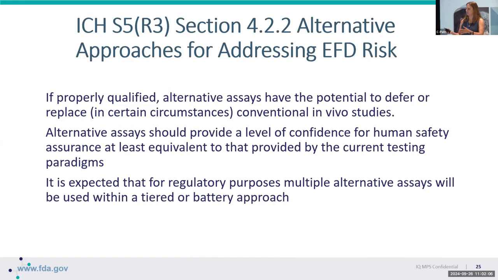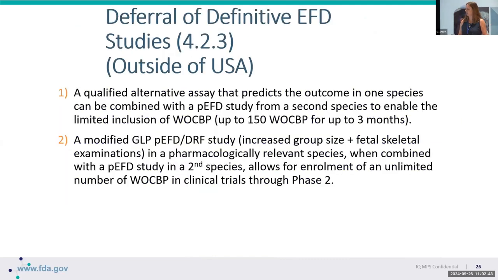We always say this middle sentence is something that you hear a lot: your NAM assay needs to be either equal to or better than the existing if you want to replace something. So I think that's the big question, how do we get there? How do we get that level of confidence that this assay is equivalent to the in vivo assay? And then also, it's not going to be a one-for-one replacement. The idea is that, for regulatory purposes, you may have multiple NAMs put together, as a series of tests, to maybe replace a standard in vivo assay.